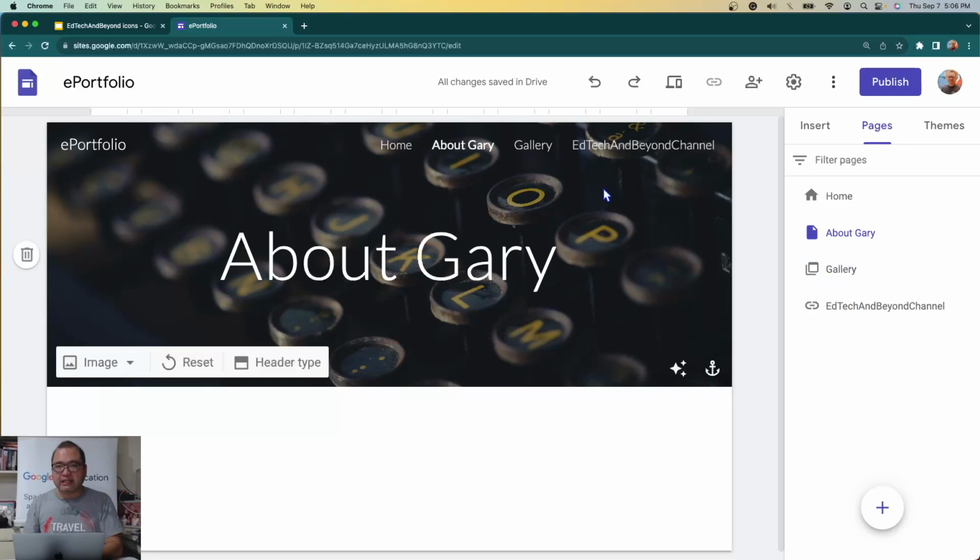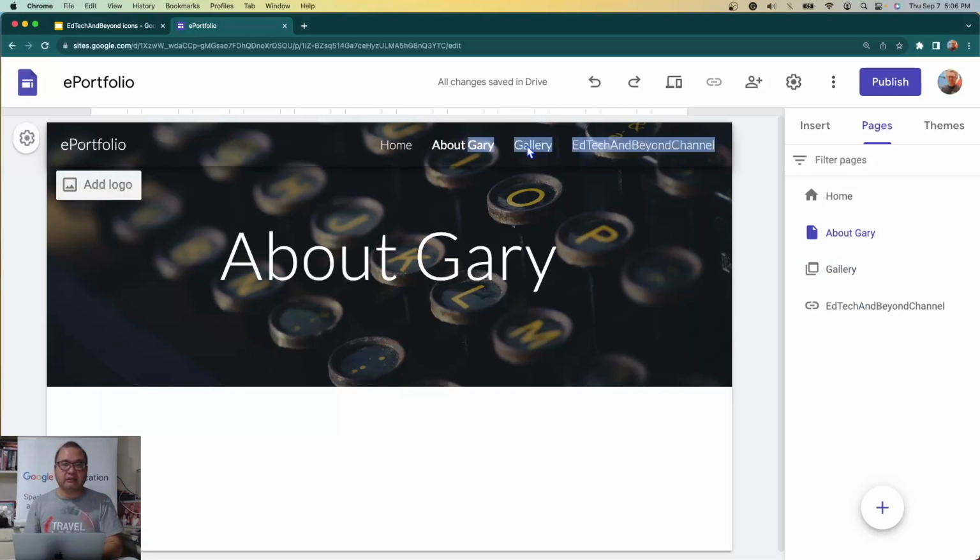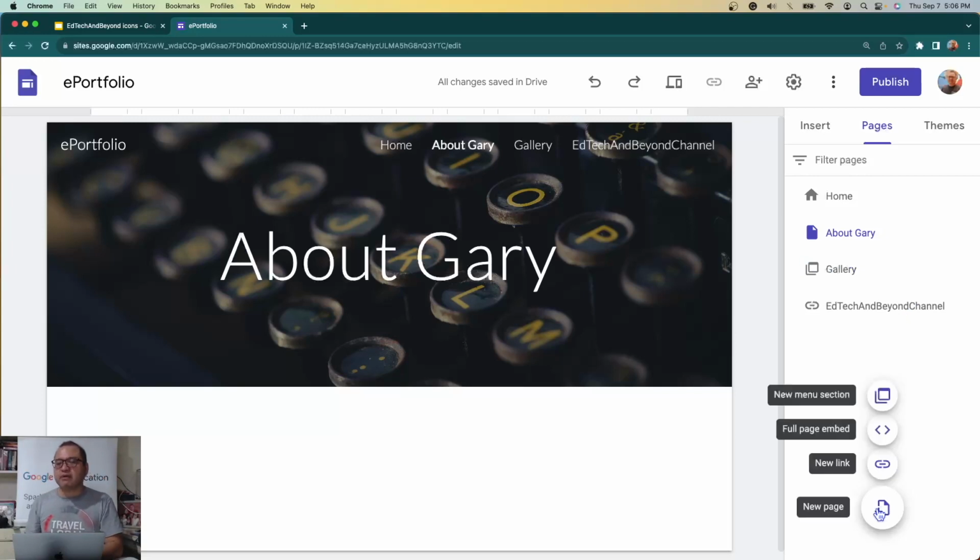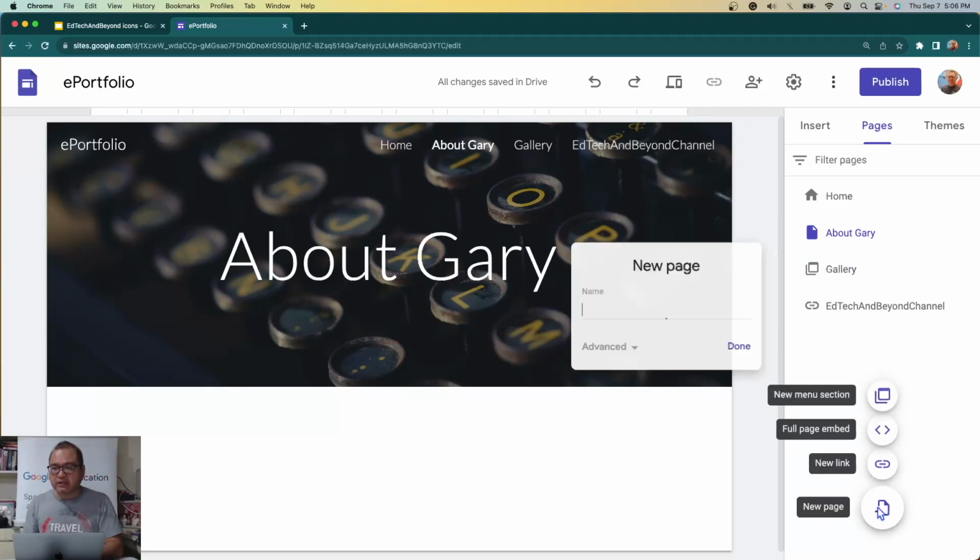So when you click gallery, you will see that you cannot click it. Okay, you can click gallery because it's a menu, which means you need to supply its sub pages. So we are now going to create sub pages. But how do we create sub pages? We create a new page. So for example,